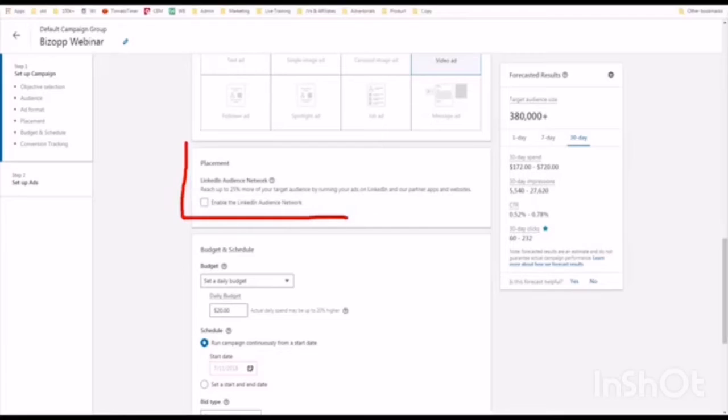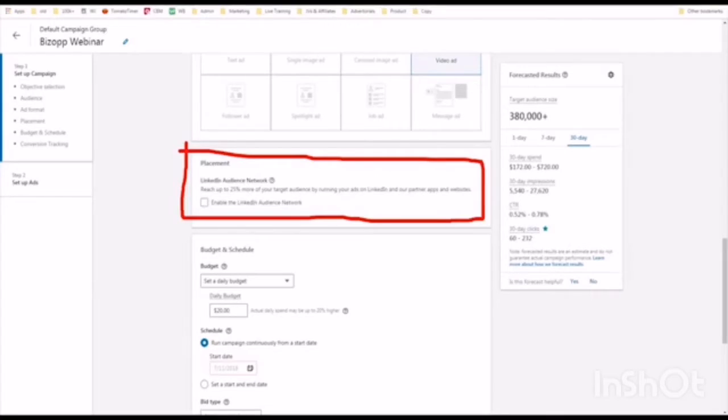Now, I always leave this off. The LinkedIn Audience Network places your ads on other websites around the internet based on your targeting preferences. Now, unless you're doing something like remarketing or whatnot, this won't be very effective. Again, the rest of the internet is a big, scary place. You have a very controlled environment within LinkedIn, but the opportunity for fraudulent advertising spend to happen outside of LinkedIn